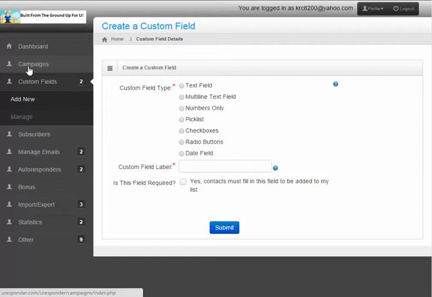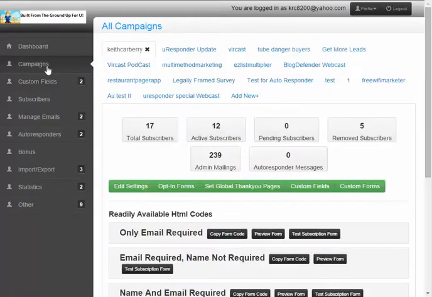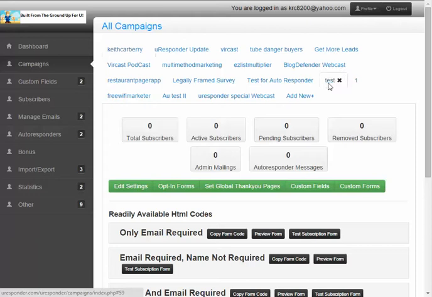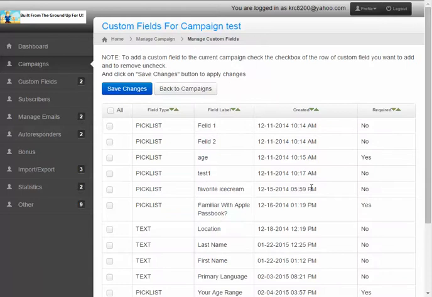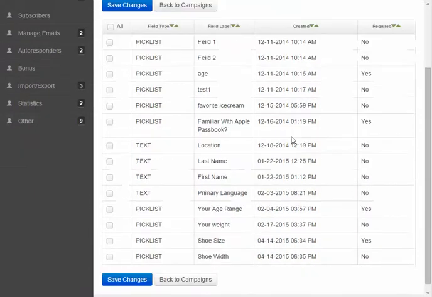Now I'm going to go back to my campaigns. And I'm going to assume that my test site, one of my test sites, I'm going to click on test, make sure I'm in the test campaign, and I'm going to click on custom fields. And inside here, I'm going to select the ones that I really want to make sure that the shoe company grabs. They're always going to get first name anyway. I'm going to add shoe size, shoe width,